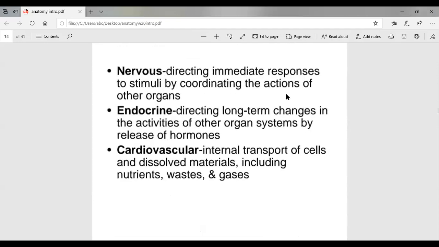Then comes the nervous system. Nervous system is actually the brain and our spinal cord. These two structures everybody knows, but the nervous system also includes nerves. So how do the brain and spinal cord control everything we do, even everything we say, everything we eat, the entire movement of the body, the entire digestion, all the processes of the body? It is all controlled by the brain, right? So the brain sends small wires to different parts of the body, and these wire-like structures are nerves.